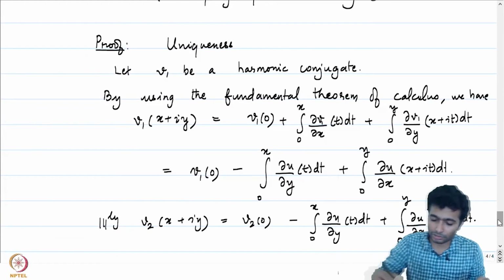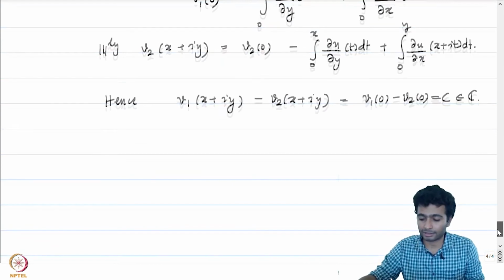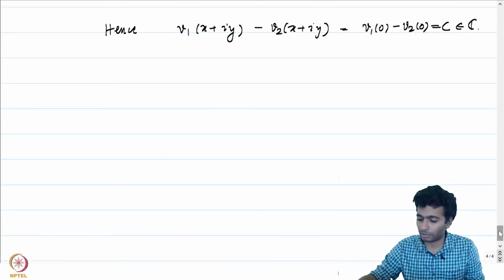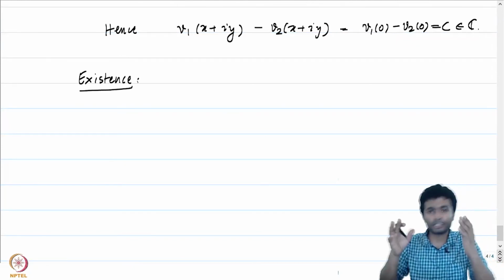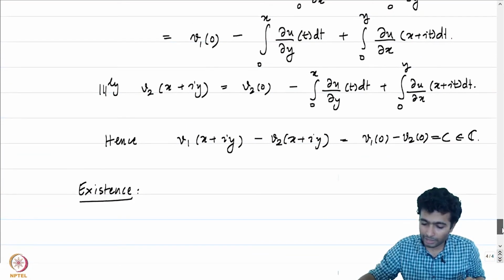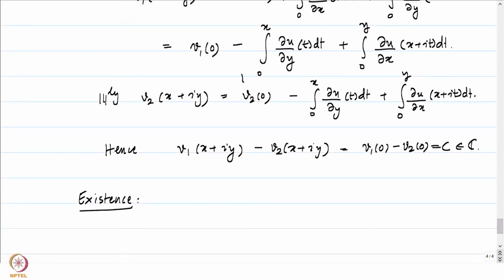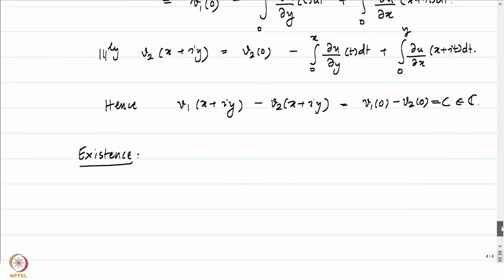Notice that this is what we have shown, but we still have not proved anything about the existence. Let's now focus on the existence. We want to show that there is at least one such harmonic conjugate. To do that, we will use the fact that we did manage to write something about the function in terms of u. So let's use that expression to define a candidate for v. After all, it's only going to be defined up to a constant, right?